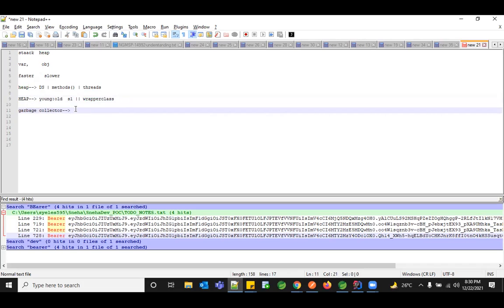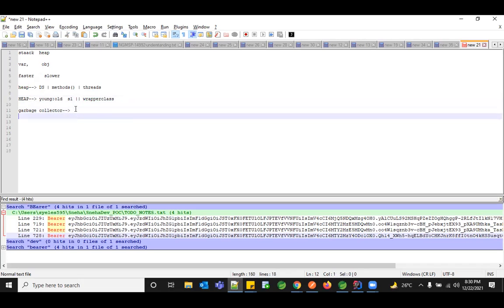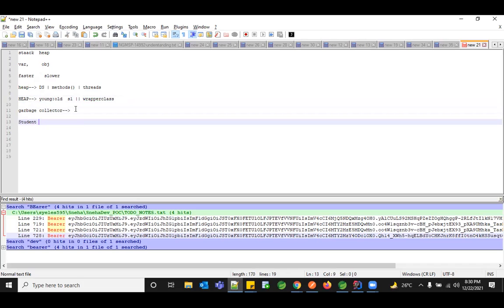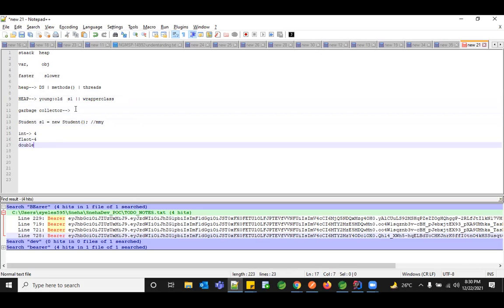Okay, so the other thing: right now I'm creating an object, say Student s1 = new Student(). This happened, but what would be the memory size? If it's an int, I know that it will hold only 2 bytes or 4 bytes, right? If it's a float, I know it will hold 4 bytes. If it's a double, I know it holds only 8 bytes. So for these, I know the memory sizes. But what is this s1's memory size? How do I know what would be the size of my s1?